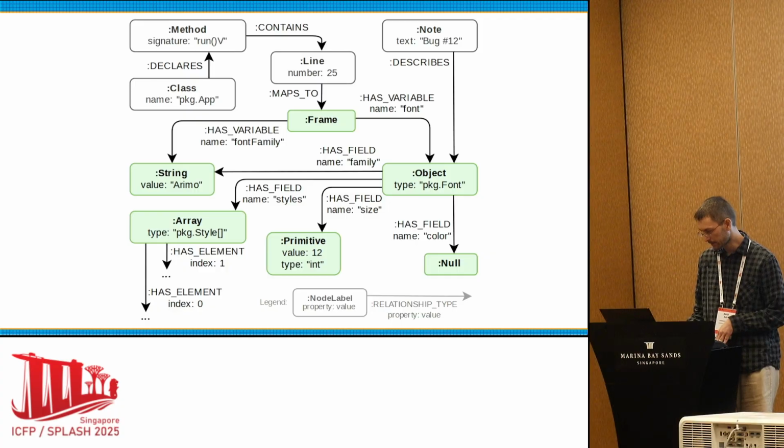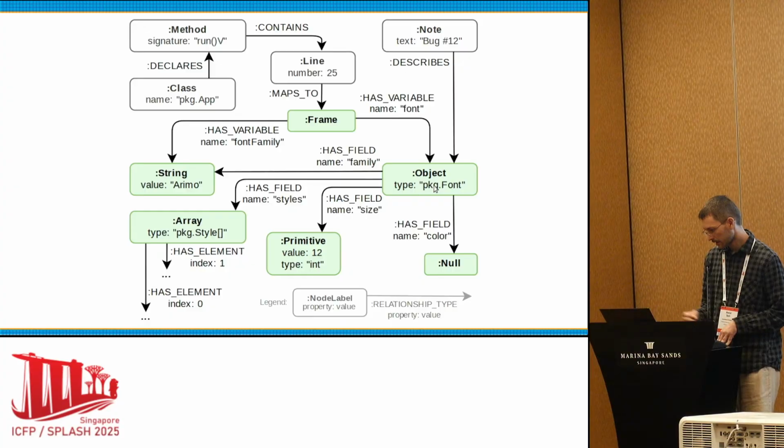So here is a specific instance of our graph model. So we can see this frame node, string node, object, primitive array node, which are basically just straightforward mirrors of the Java memory graph. So it's quite simple. And then we have this metadata layer up here, such as node, line, method, class, and we can see they point via edges to the hashed